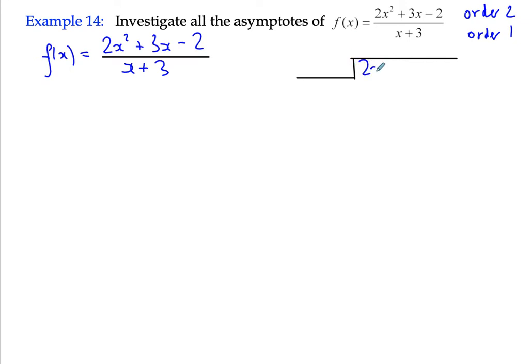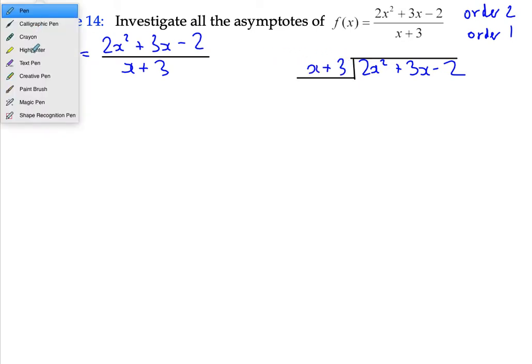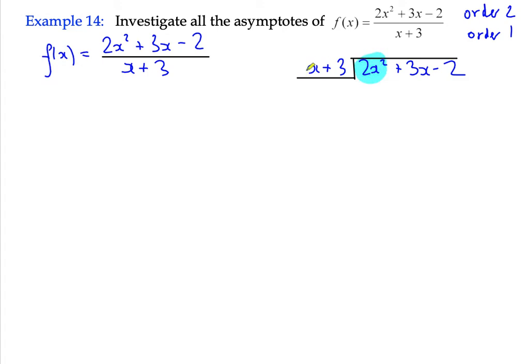We're dividing 2x squared plus 3x minus 2 by x plus 3. Okay, so again, we take the highest order term in each of those expressions and divide them. 2x squared divided by x is 2x. So I'm going to put that here. And then I'm going to multiply through 2x by x plus 3 gives me 2x squared, and then 3 times 2x is plus 6x. And I'm going to subtract that from the expression up above